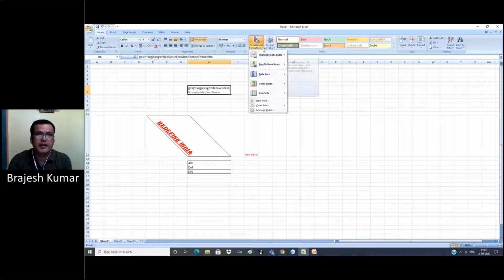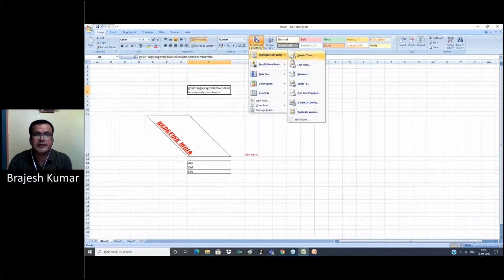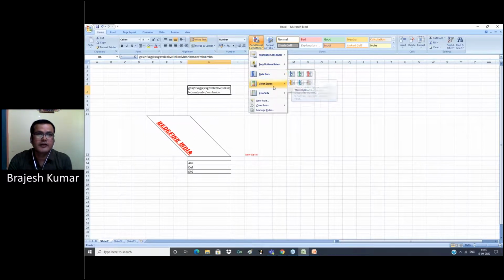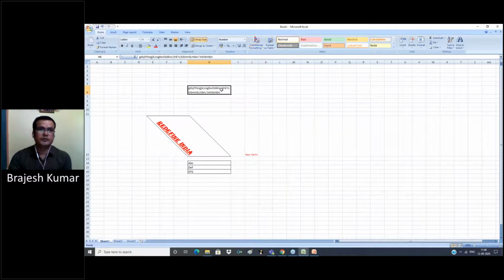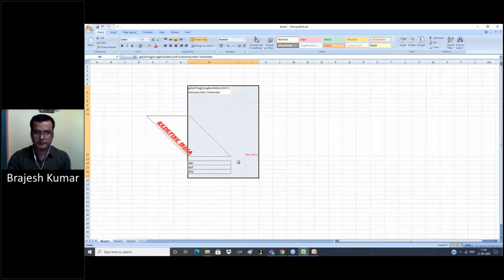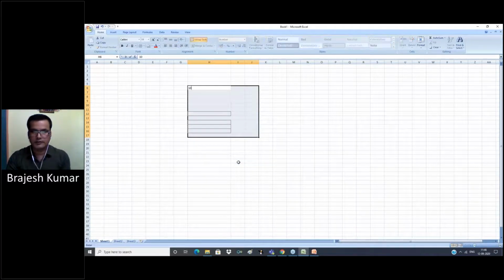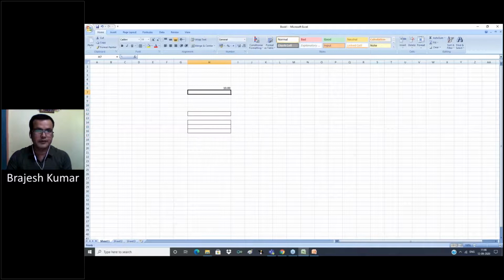Now, as we discussed, conditional formatting. Conditional formatting has highlight cell rules, top/bottom rules, data bars, color scales, icon sets, new rule, clear rules, manage rules. Now suppose we put some numbers here.